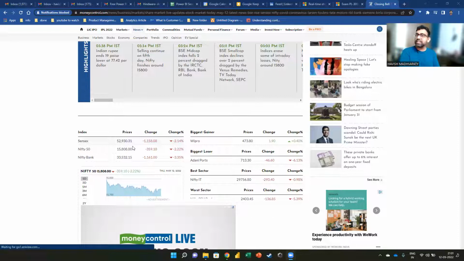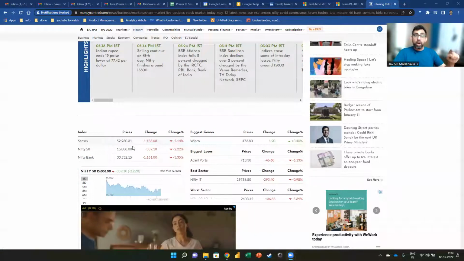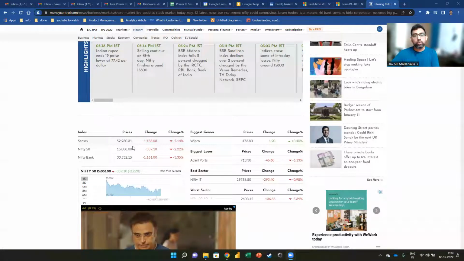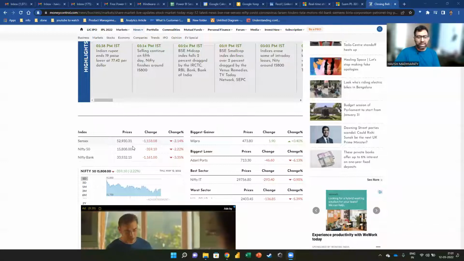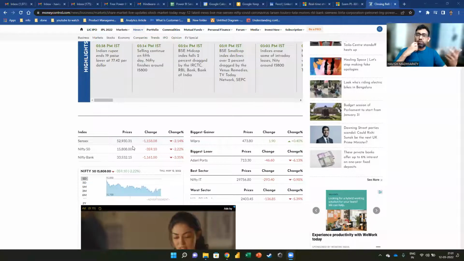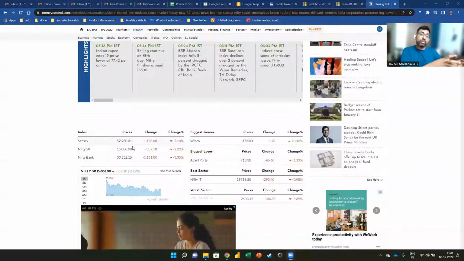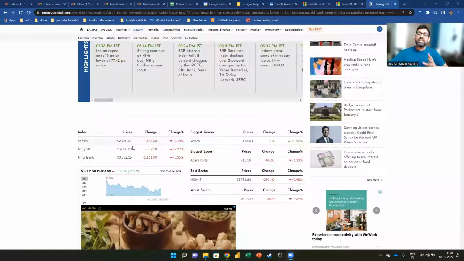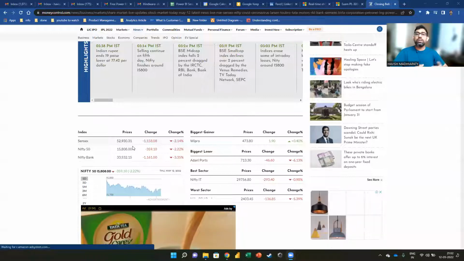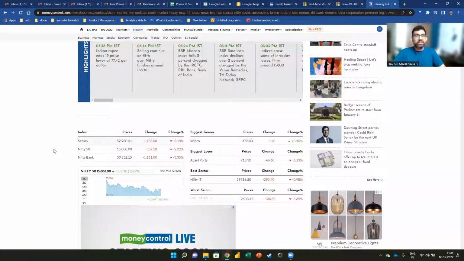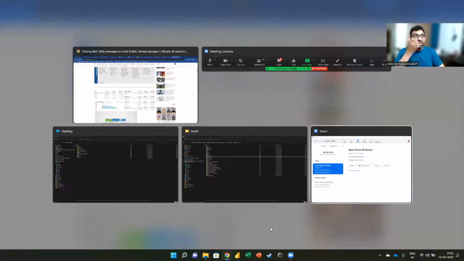The exchange, right? So the BSE and the NSE. How is Moneycontrol getting that data? Because BSE and NSE are allowing them to take the data from them. It might be free of cost, it might be paid. Most likely it will be free. This is what is called an API, an application programming interface. Because Moneycontrol can get data from, let's say BSE, and BSE is allowing them to get the data, that is what is called an application programming interface, because you are interfacing between two programs, two applications. Again, you can just Google it. You'll have a lot of content available on it. Anyway, so back to what I was saying about the certification.